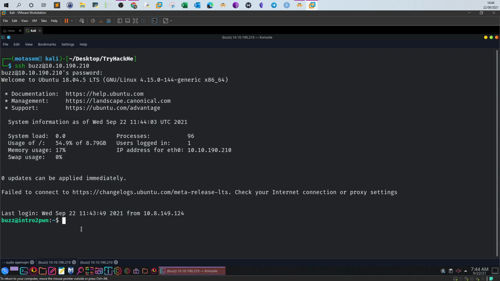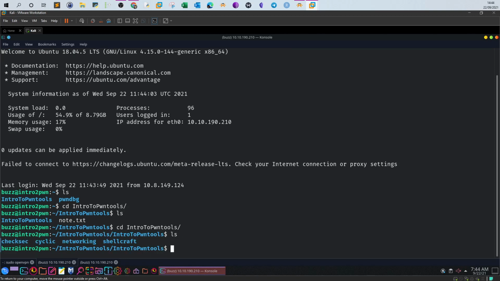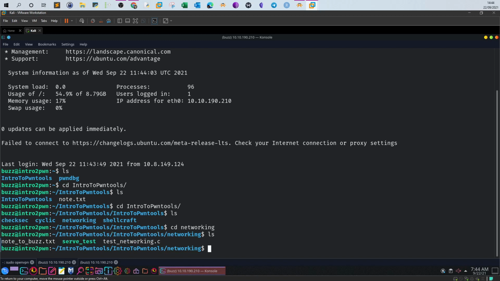Okay, so we list the files, go to intro. Again, we go to intro. So the directory is networking. Go to networking. So we have three files. We have a C code, and we have the actual program that we will overflow, and we have a note. If you open the note,